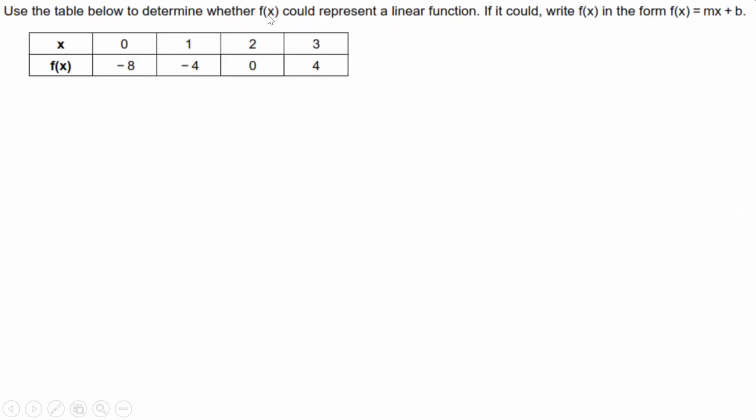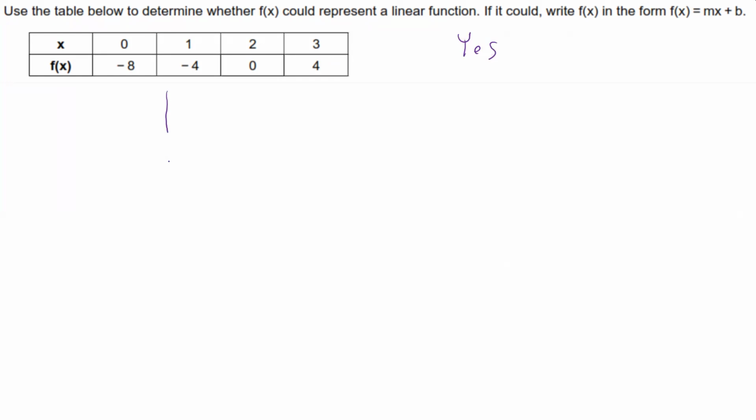Now here we're supposed to determine if this table represents a linear function or could represent one. Now if it could, we're supposed to write it in the form y equals mx plus b. All right, so here we're stepping by 1 on the x's, and here it looks like we're going up by 4 every time. And so I would say that this could be linear if it follows a pattern,